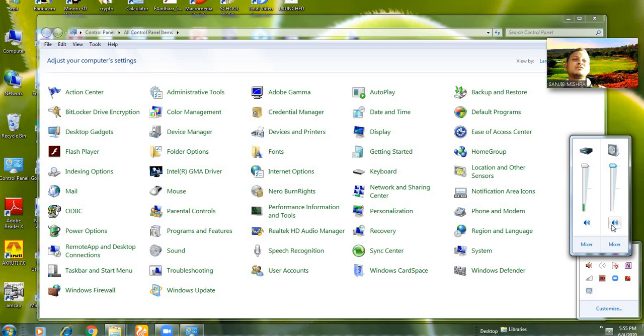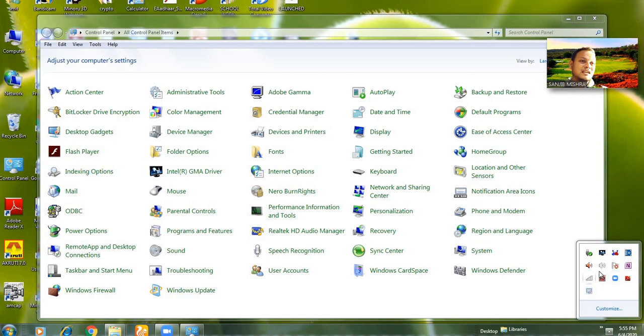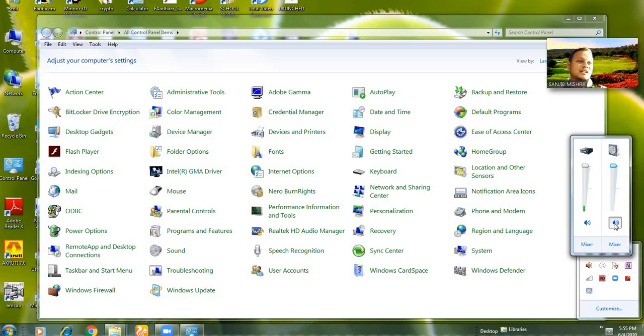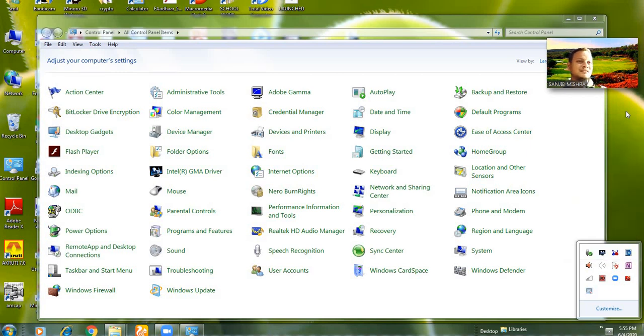So if the speaker sound is not coming, check your sound setting. Go to the notification area and click there. The sound speaker symbol is there. Then the speaker shows 100%; click it and see whether it is canceled. A red sign means canceled. Fix it again, turn it on, and your speaker will work as usual.